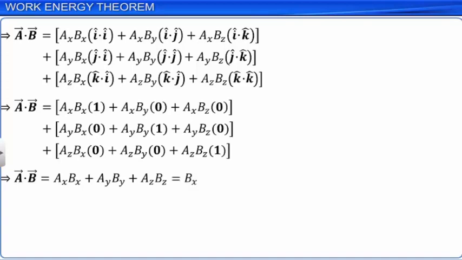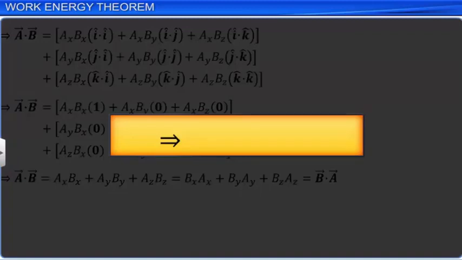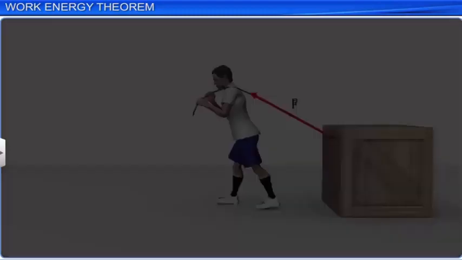It is also equal to BX AX plus BY AY plus BZ AZ, which is equal to B dot A. As the dot product is commutative, A dot B equals B dot A. Now,